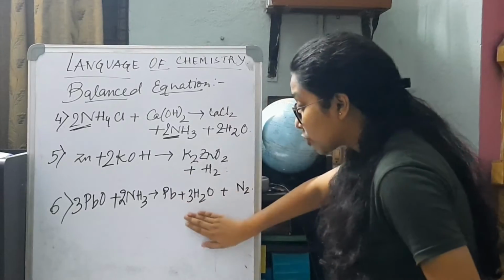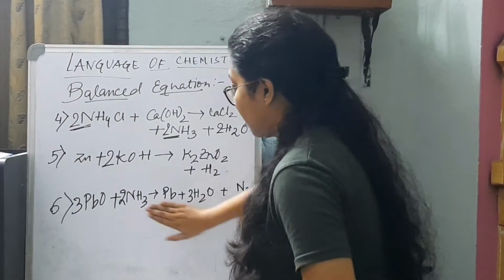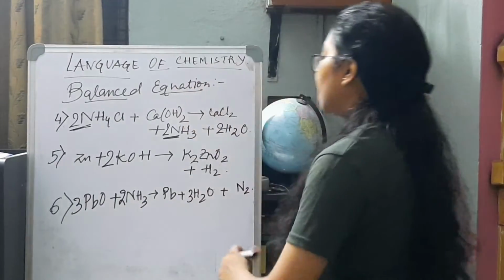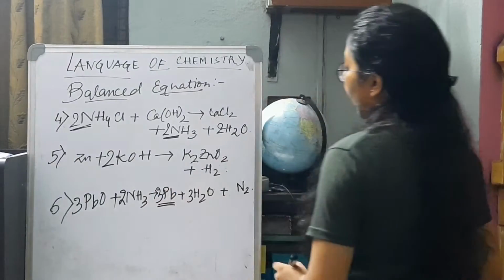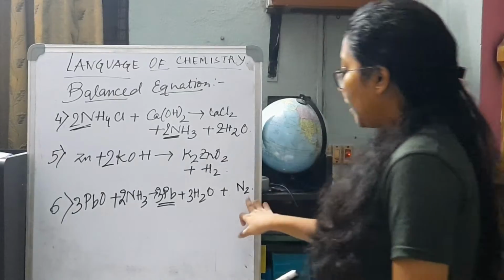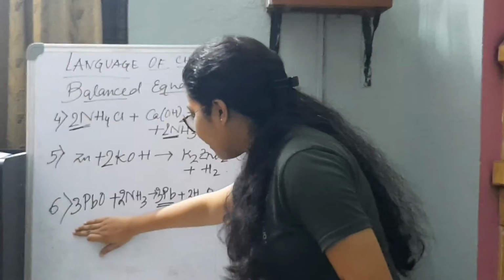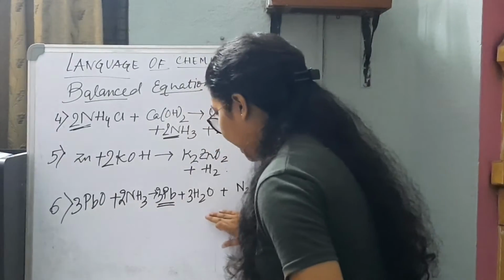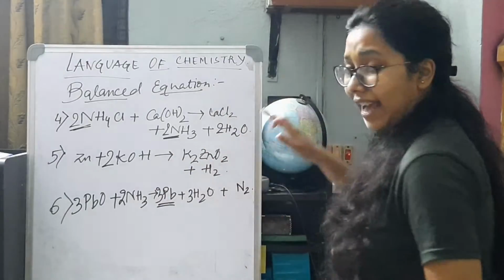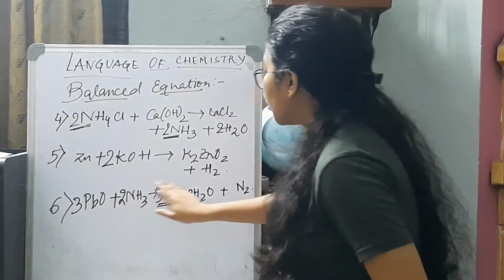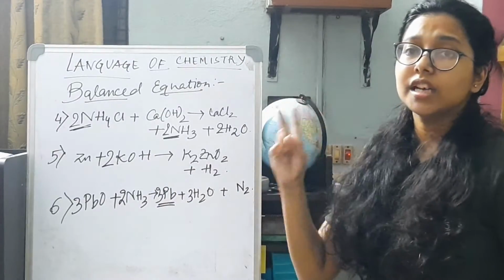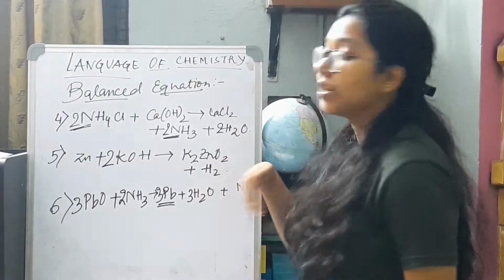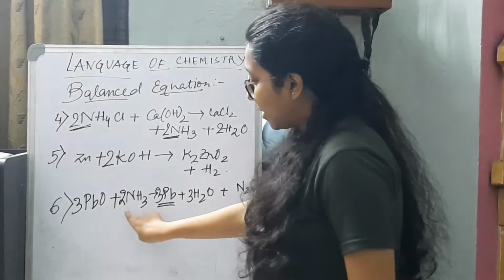Now which one stays imbalanced? Pb. So Pb is alone here. Multiplying Pb by 3 and it's done. So I am repeating again. We started with Pb, we saw they were balanced. Moving to the next element, nitrogen was not balanced, 2 and 1. So the second tip, turn the odd part even as per the criteria, making this 2.